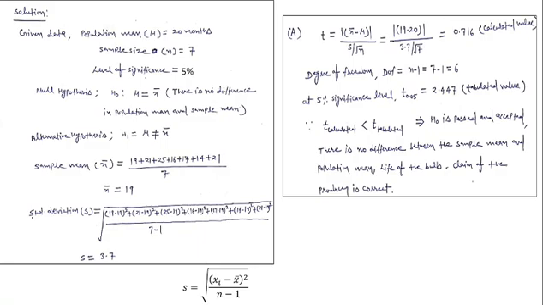Now we can calculate the sample mean x bar from the data given for the sample. The x bar will be equal to 19, and we will find the standard deviation with the help of the formula: s equals under root of summation (xi minus x bar) whole square upon (n minus 1). X bar here is 19, and when we put the values in the formula, we get the result equal to 3.7.